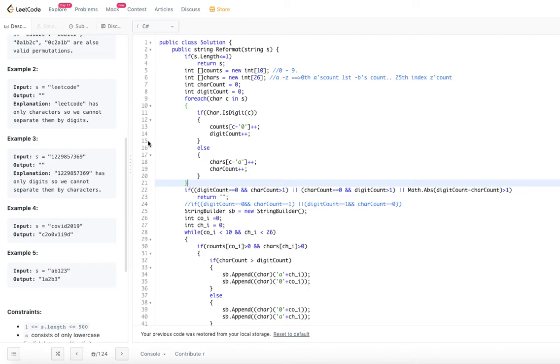For the space complexity, we are declaring two integer arrays. The length of this array is 10, the length of this array is 26. So irrespective of the length of s, we have these constant declarations. So you can say the space complexity for these two arrays is constant, that means 36 integers.